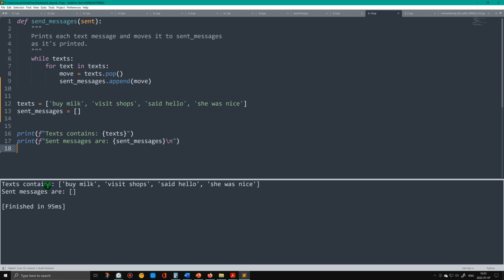Well, text contains a copy of that, and sent messages are nothing, right? Nothing has been transferred from text messages into sent messages yet because we haven't called the function, right? We haven't called the function yet. So let's